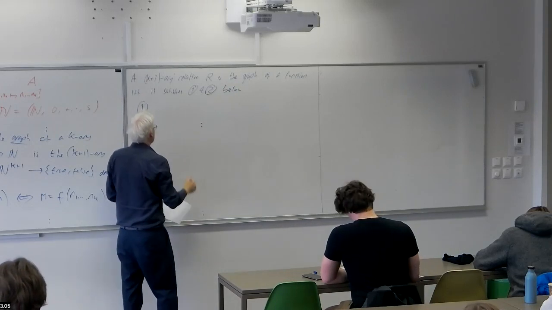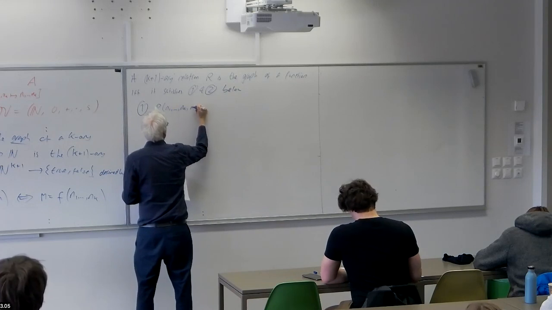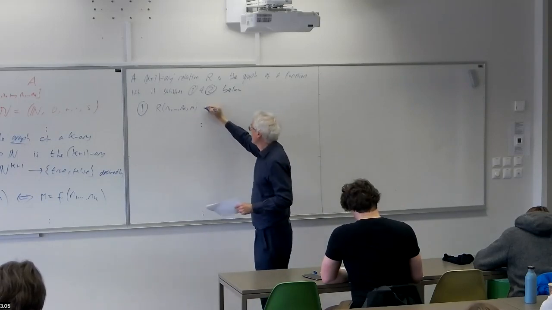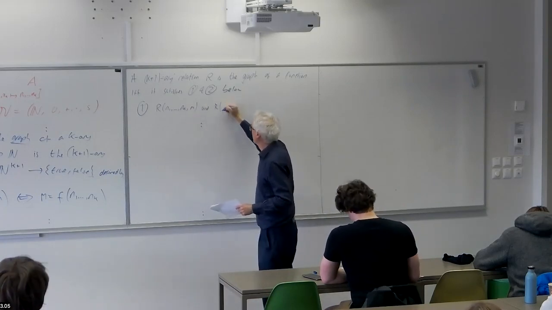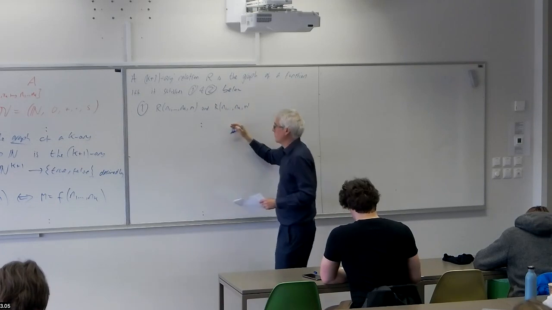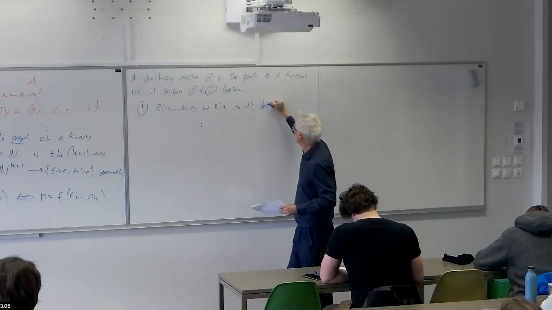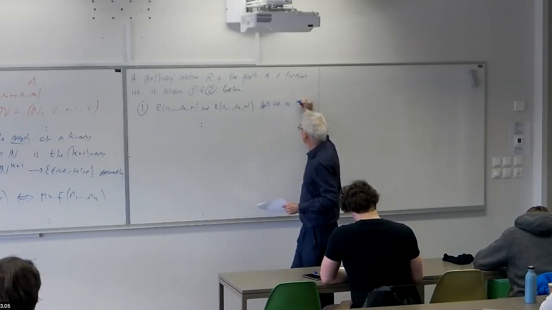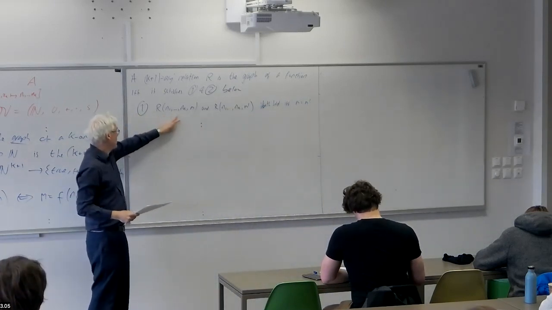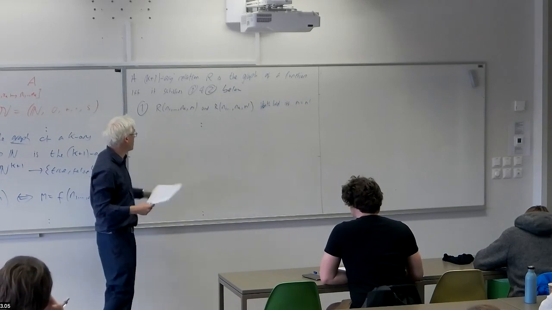So one says that if you ever have a k plus 1 tuple n1 through to nk and m, and another n1 through to nk with the same n1 to nk and a potentially different m prime, so these two both hold, if and only if m equals m prime. So this is saying for any k tuple, the relation assigns at most one number m to that k tuple.